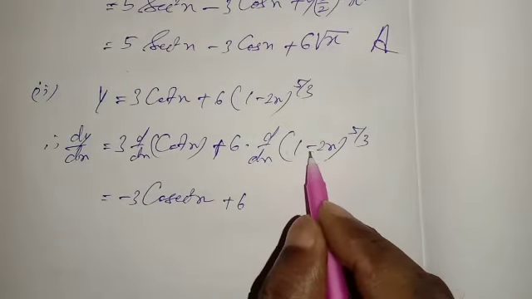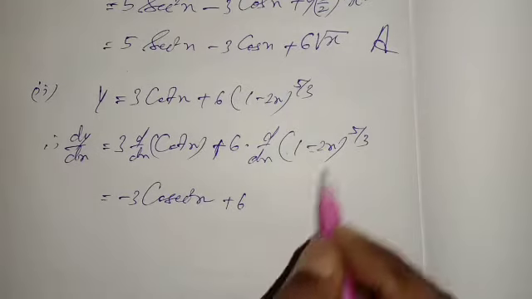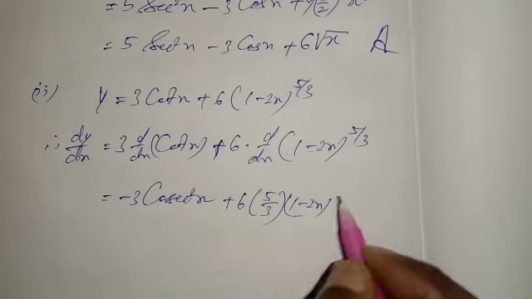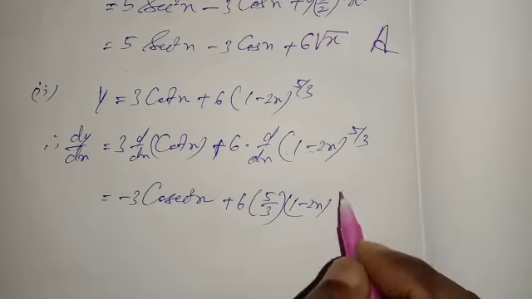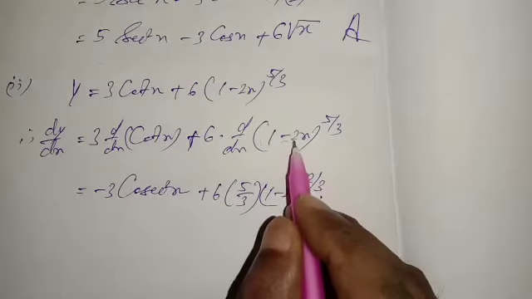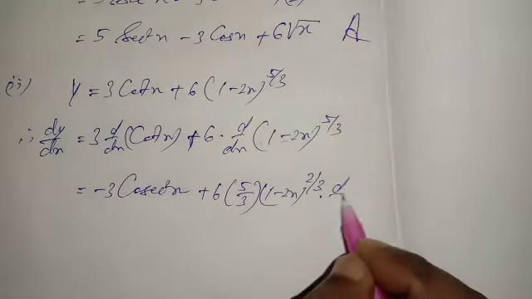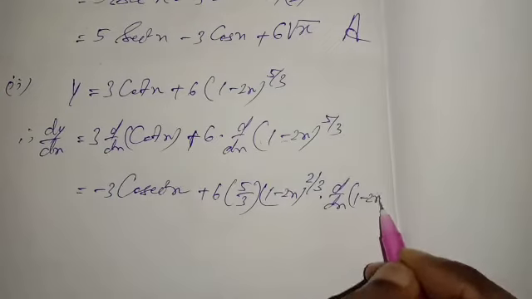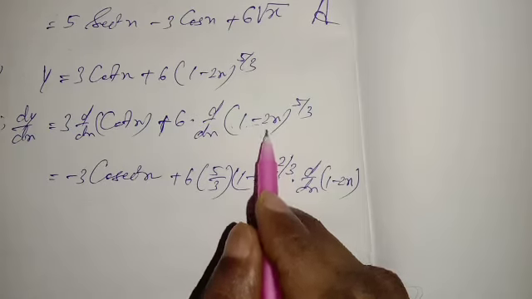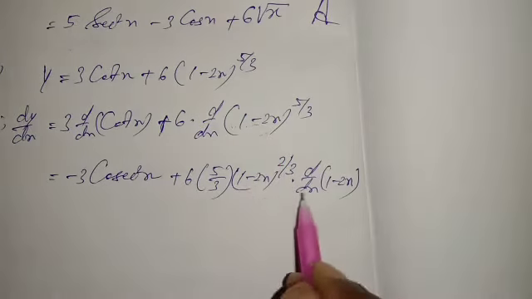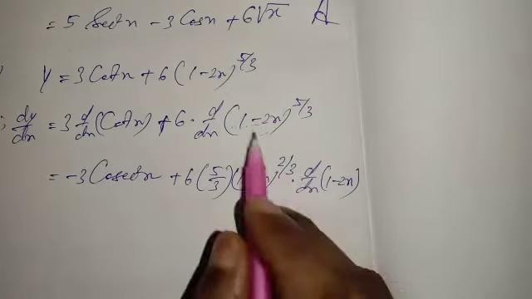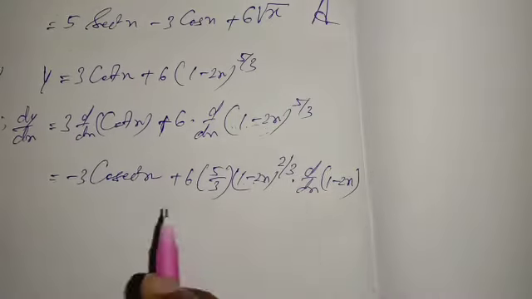Now you see, take this whole thing. This is like x to the power 5 by 3, that means the power 5 by 3 will come. Then (1 minus 2x) whole to the power 5 by 3 minus 1, and 5 by 3 minus 1 will be 2 by 3. Here I have taken it as x, but actually this is not x. Again, the derivative of this part, the derivative of 1 minus 2x, is called the chain rule. As it is not x that is given, you think of this as x. x to the power 5 by 3 means 5 by 3 will come here, and (1 minus 2x) whole to the power 5 by 3 minus 1, that is 2 by 3. Again, whatever you think of as x, you have to find its derivative by the chain rule.